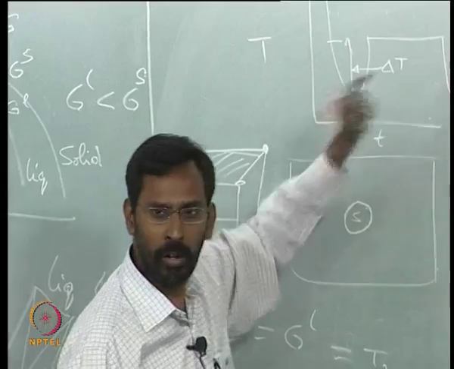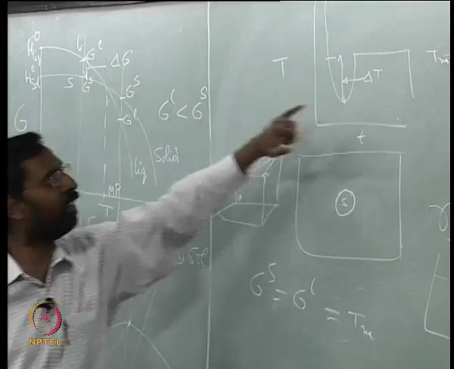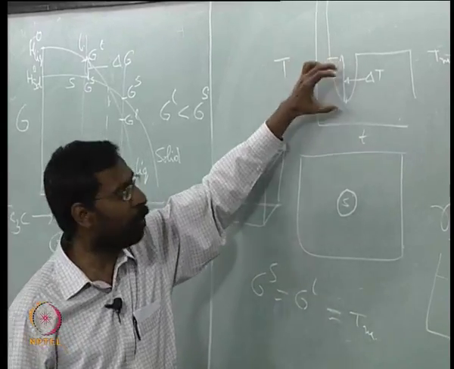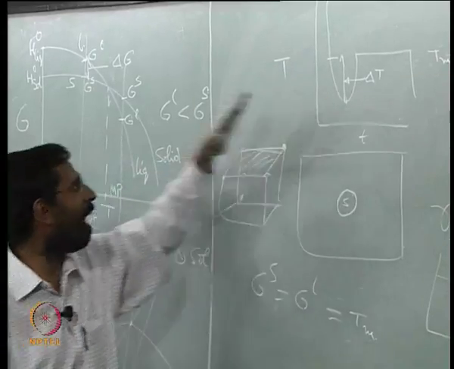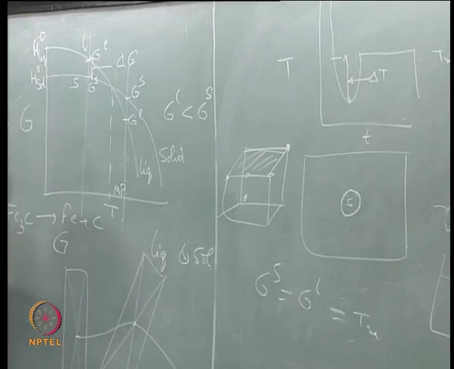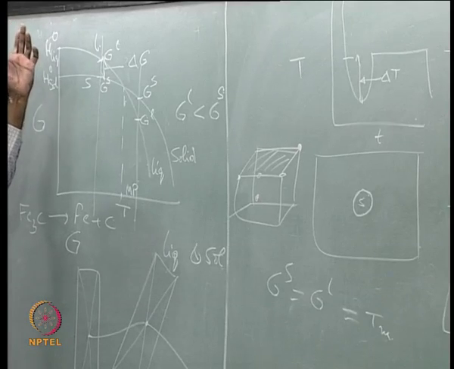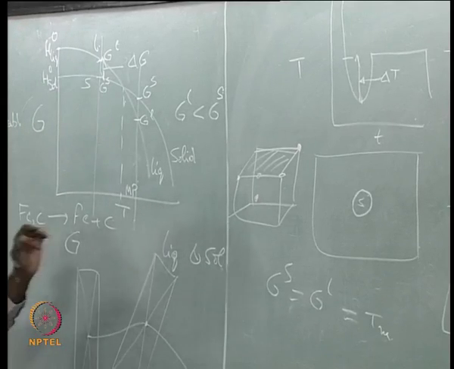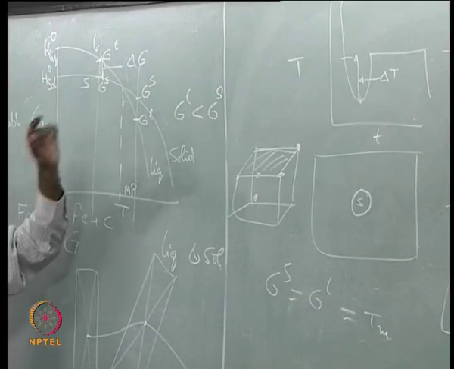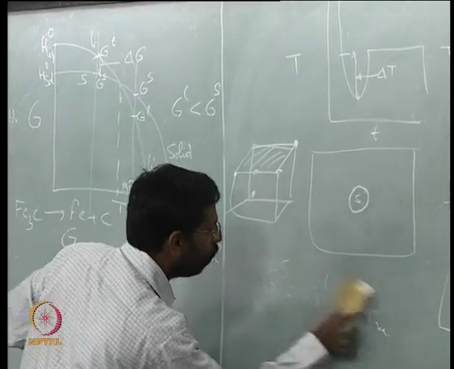So the liquid will keep on undercooling until you get sufficient energy that is available. We are going to slowly, maybe next class, relate this. There is a relation between delta G and delta T. We will see that also. Graphically you can see, as I increase the delta T, going more and more away from the melting point, this is increasing. In principle one can calculate that also. At a given delta T there is a certain value of delta G, and if that delta G is equivalent to that of the surface,